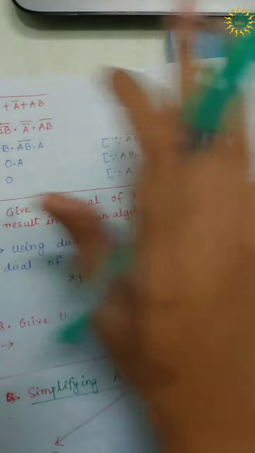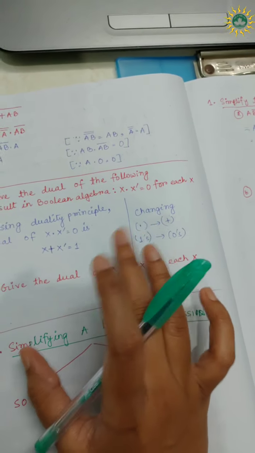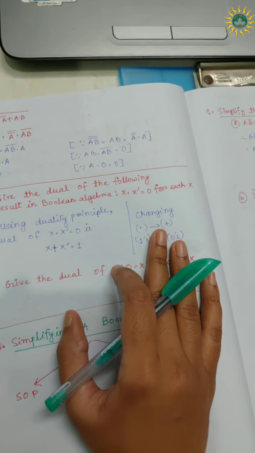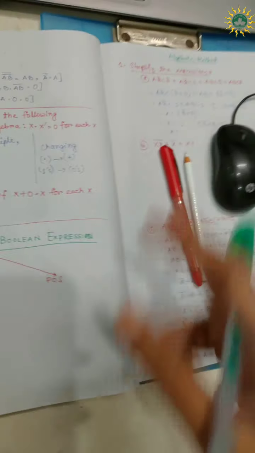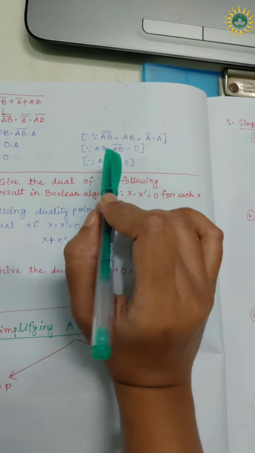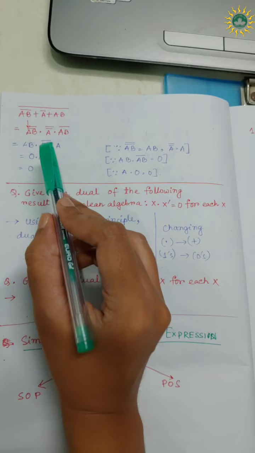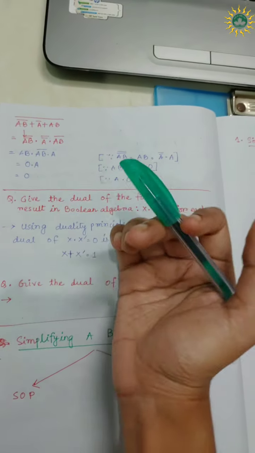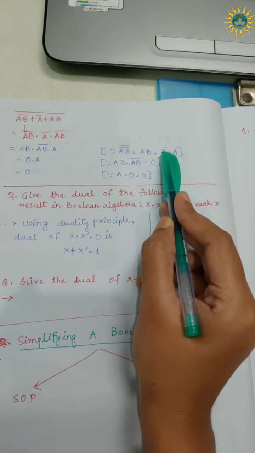Now, in case you have forgotten all the laws, I would suggest going through all the laws once before this lesson, because all the laws will be put to use today, right? In every single line, if you are applying any law, you have to make sure that you have written that on the right hand side.